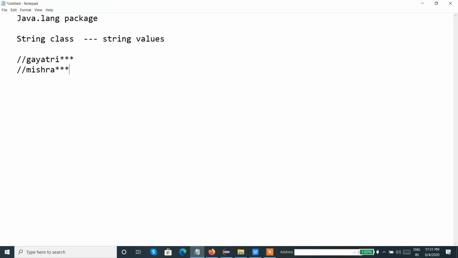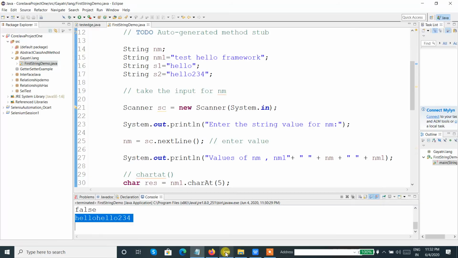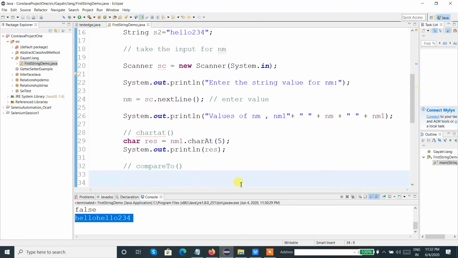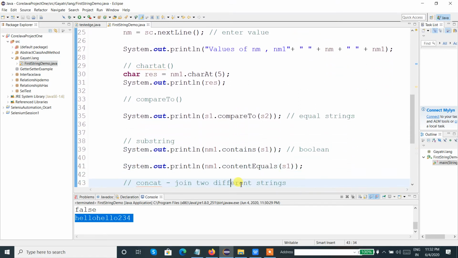I need to check whether the string format is correct. What is the correct format? Before the string value double slash, after the characters 3 stars. This is the correct format. So to check the format of the string, I can use starts with and ends with, which will act like an expression in string.